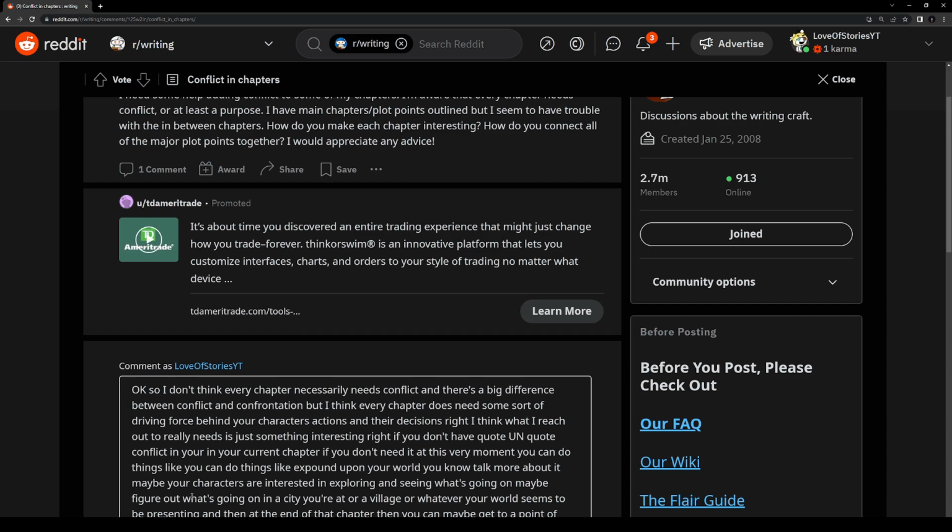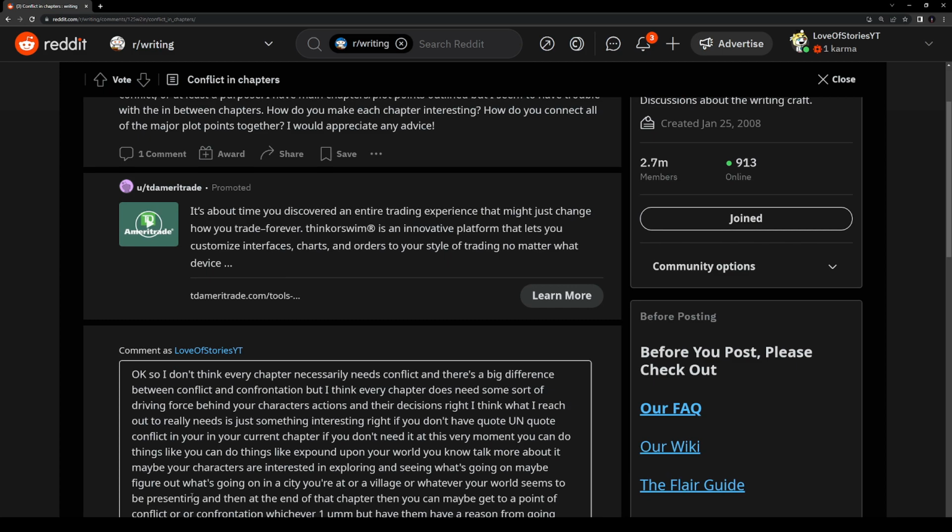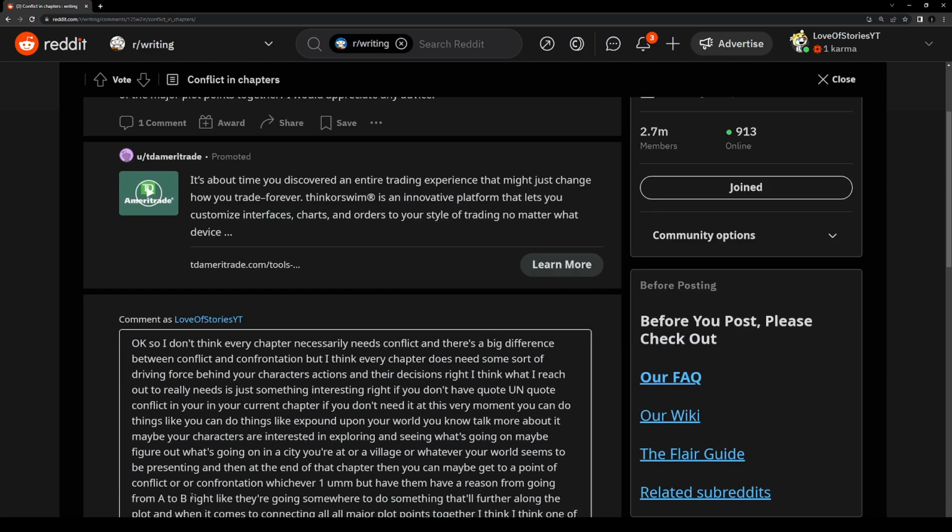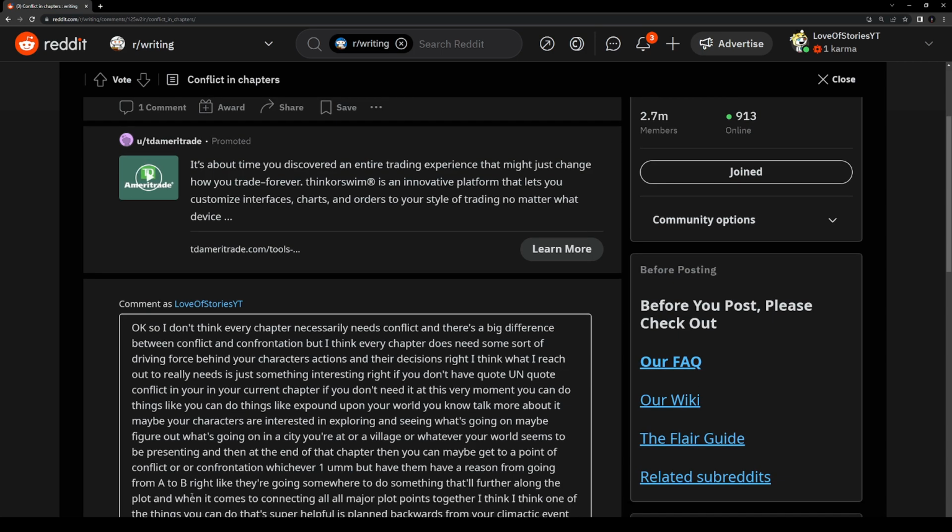And when it comes to connecting all major plot points together, I think one of the things you can do that's super helpful is plan backwards from your climactic event with all of your protagonists and antagonists, and show how they got there all the way back to the beginning of the story.